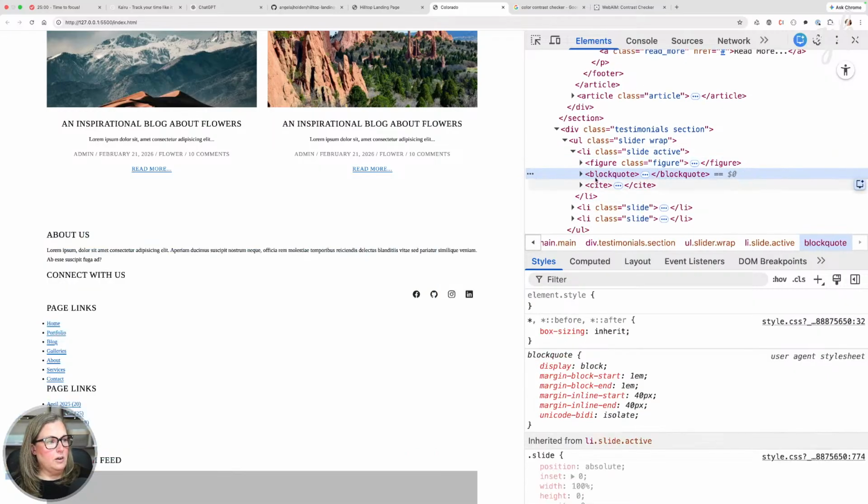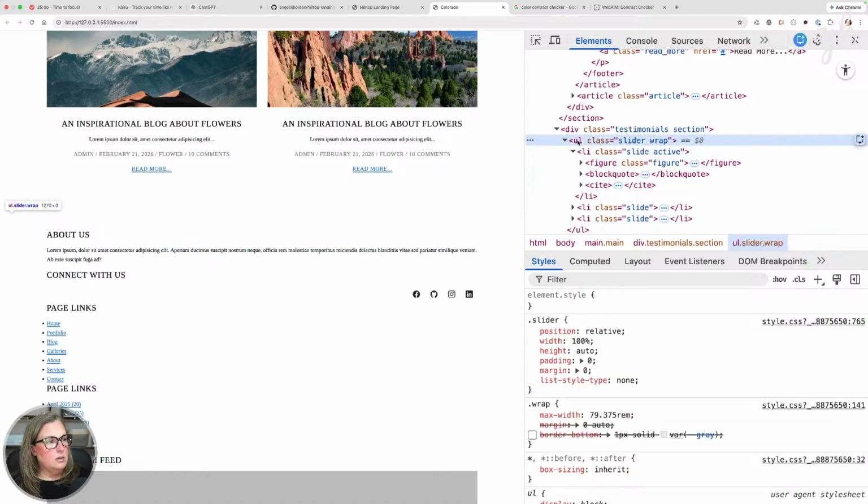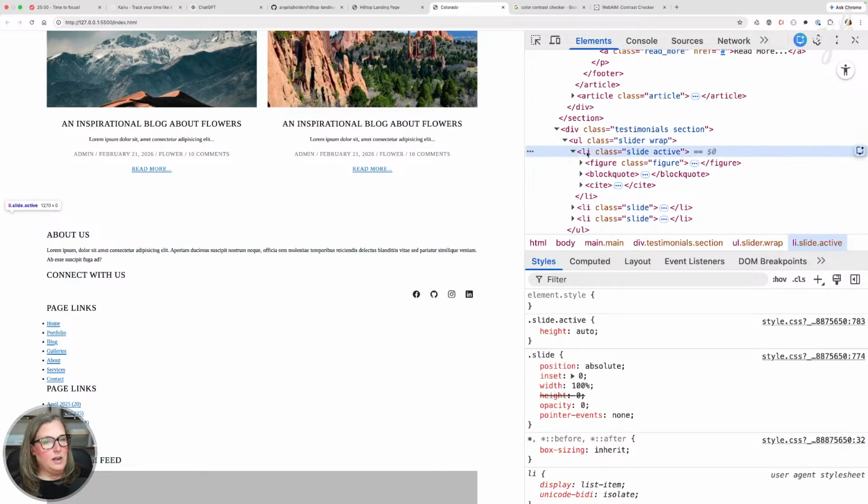Oh, so it's back here. We just can't see it. So here's the active slide.